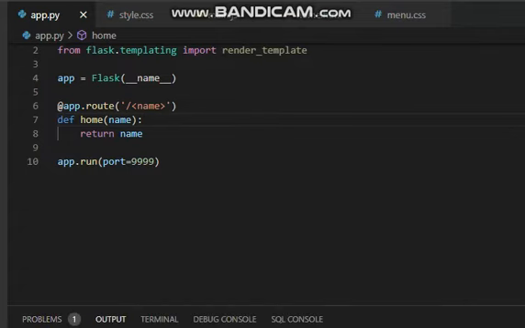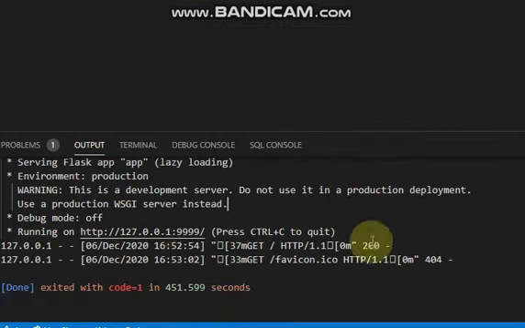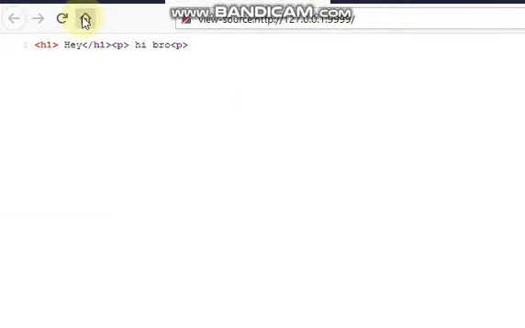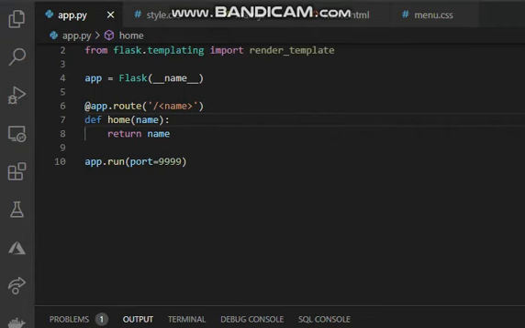Let's see the changes in action by starting our server, and let's see the changes in browser. It is going to return whatever is provided after the slash. Okay, so I've stopped the code and let's run the server and see the changes in browser. So here it is just slash, let's reload to our localhost,